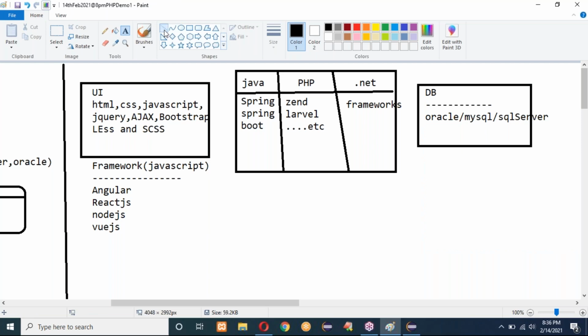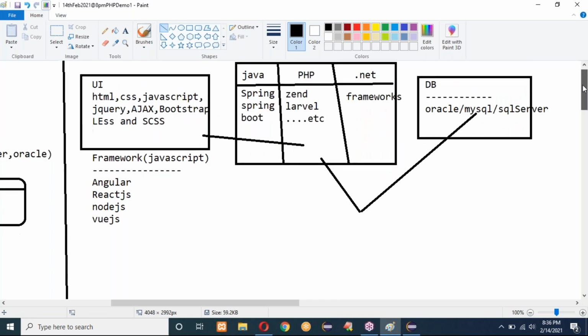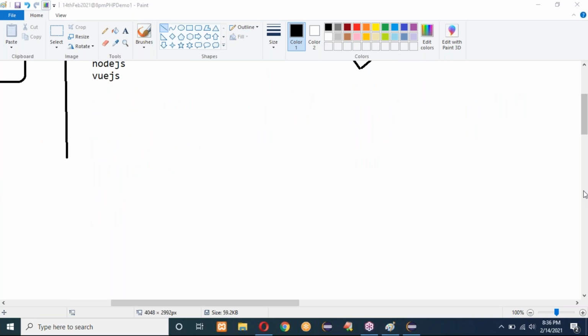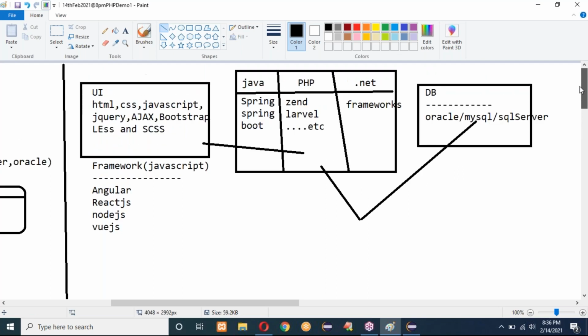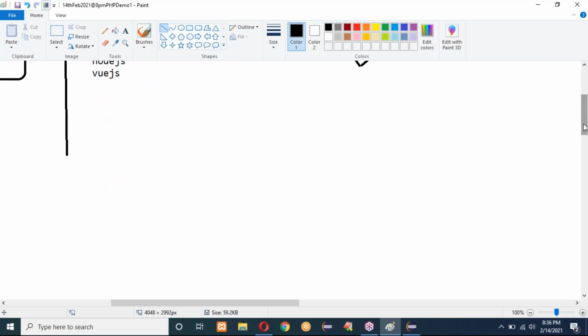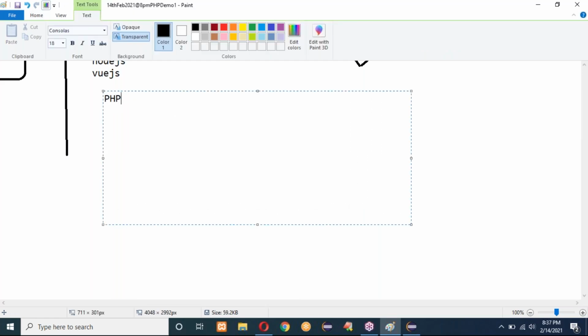Here, we are connecting front end to PHP, and PHP to the MySQL database. Generally, we do it like this. So as of now, we discussed what is the use of PHP and where we use it in programming. Now, I'll show you how to use this programming. If we go with PHP, PHP is a server-side programming.